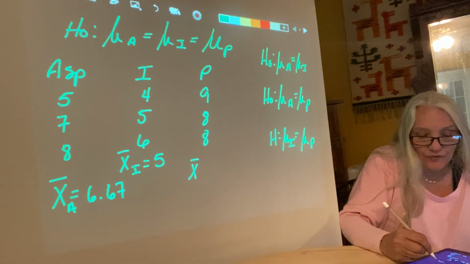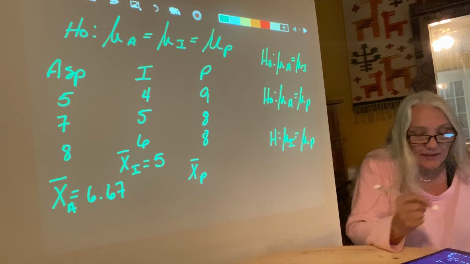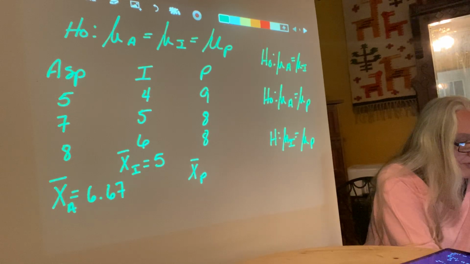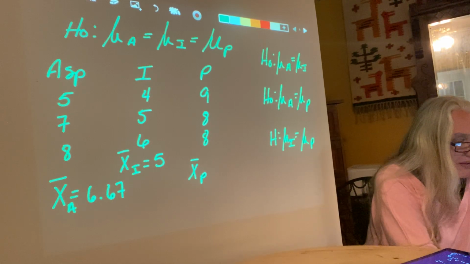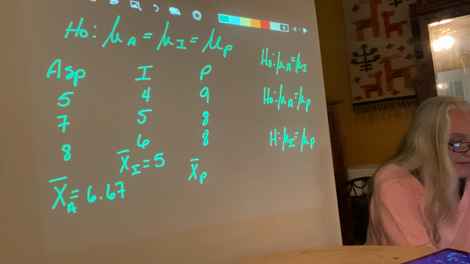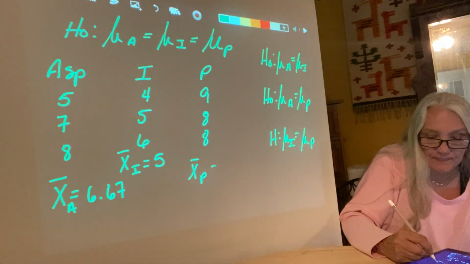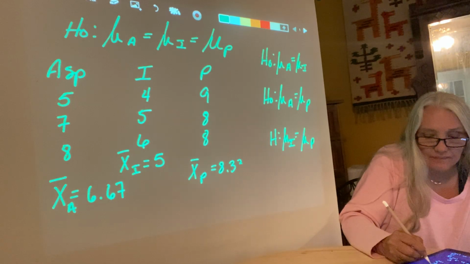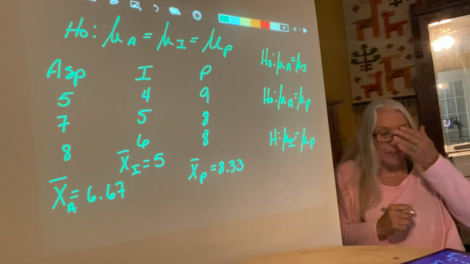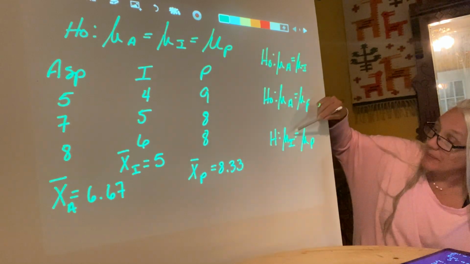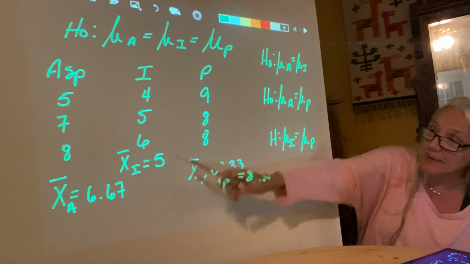And the mean for the placebo is 9 plus 8 plus 8 divided by 3. So 9 plus 8 plus 8 divided by 3. So I get 25 divided by 3. I get 8.33. So now we have a mean for aspirin of 6.67, and these hypotheses are going to be tested by comparing